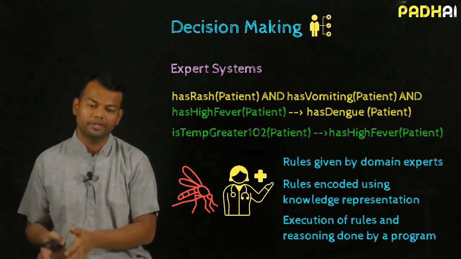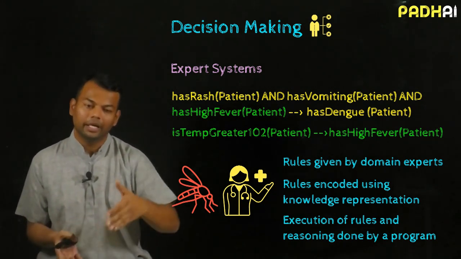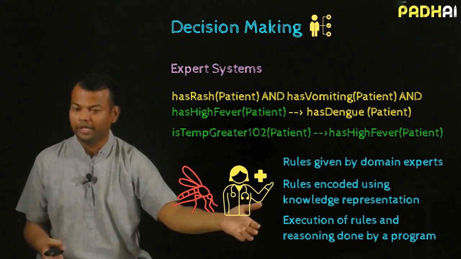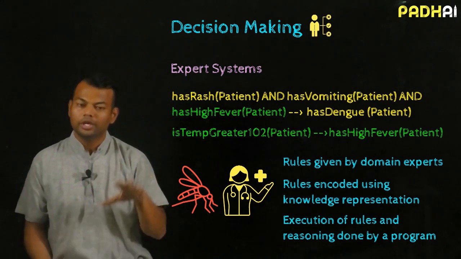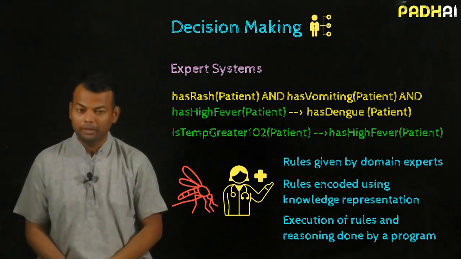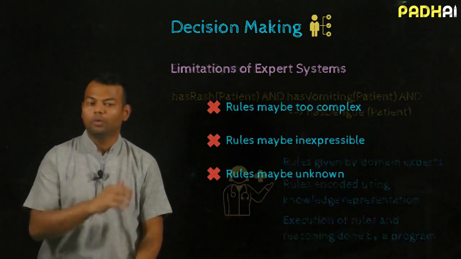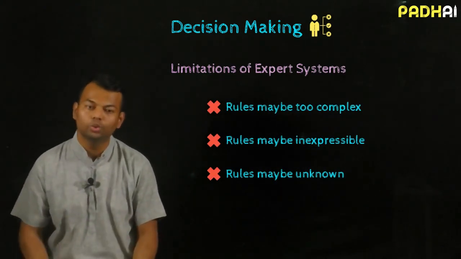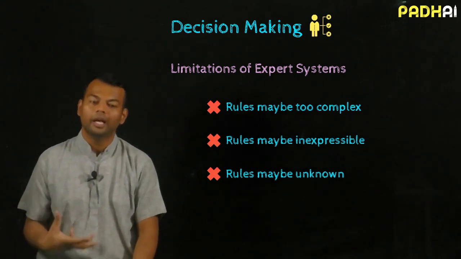If you know that the temperature is above a certain degree, then it means that it's a catastrophic situation. Then don't trigger the launch, right? And so on. So in such cases, they are still popular, right? But now expert systems have their own limitations, right? So in some cases the rules may be too complex. I cannot really express these rules.